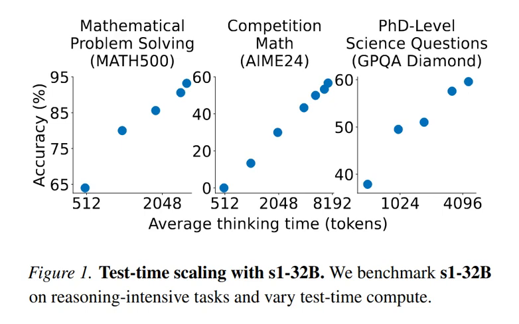Now, one important point they make is that the sequential scaling, where the model thinks step by step, eventually hits a limit. What causes that limit? It has to do with the way language models work. They have a fixed context window, which is essentially the amount of information they can hold in their memory at any given time. So as the model's reasoning chain gets longer, it might bump up against the limits of its